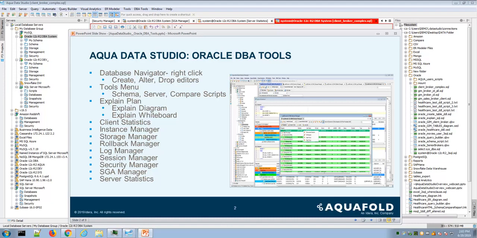Some of these are core and native to Aqua Data Studio, and then some of these are specific to the DBA Tools drill down and some of these manager utilities you see on the list. So we'll start by introducing the navigation tree, and you're encouraged to right-click the Explorer tree where you have create, alter, drop object editors. And then the very popular Tools menu has many scripting features for schema, server, and compare